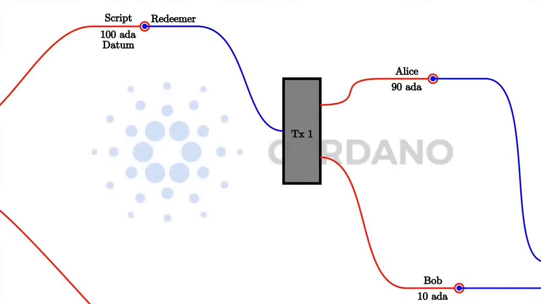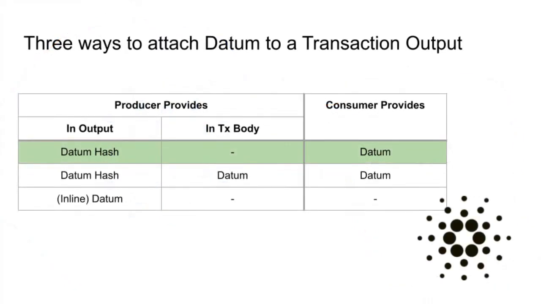One thing I should still explain is how datum, script, and redeemer are provided by the two involved transactions. The producing transaction that produces a script output and the consuming transaction that tries to spend such a script output as an input. Let's start with the datum. As I explained before, the datum is part of the output, so it's the responsibility of the producing transaction to supply it. However, even though that is conceptually correct, technically it's a bit more complicated, and there are actually three